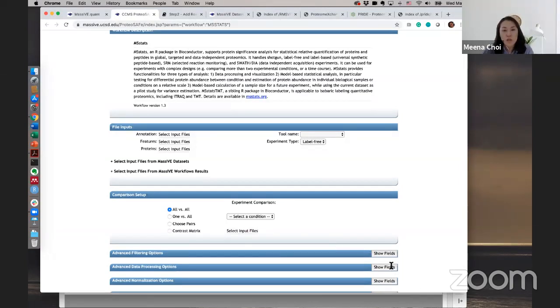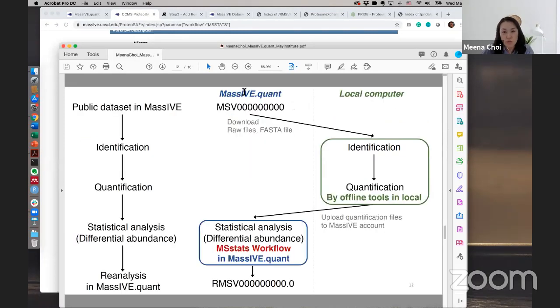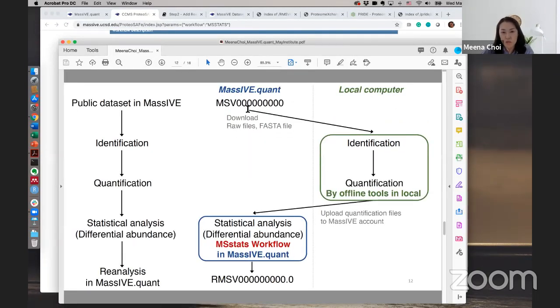So here's how you can use the MSDAT workflow. For example, this is one MassIVE data set. They have a raw file and a FASTA file, but they don't have any quantification. Then you can download, or you can just use MassIVE to run identification and quantification. So download all the files to your local computer and run this processing, and then it will probably generate the quantification. Then you can submit this quantification result to your repository,